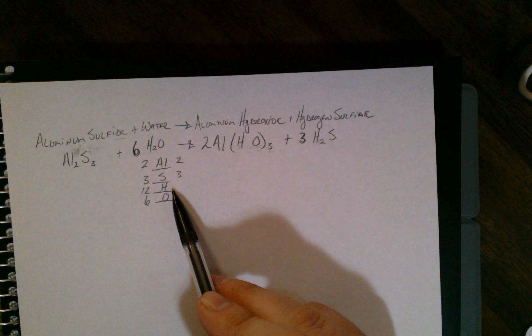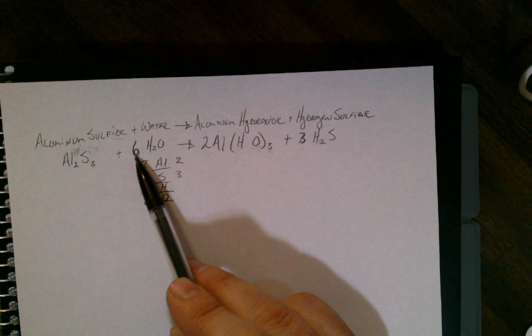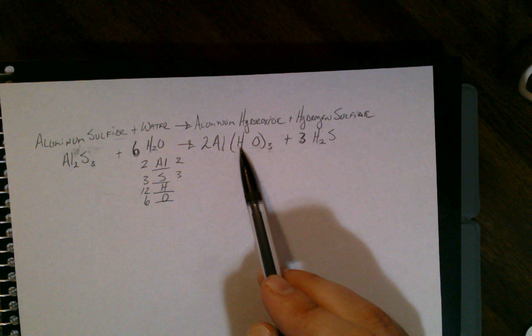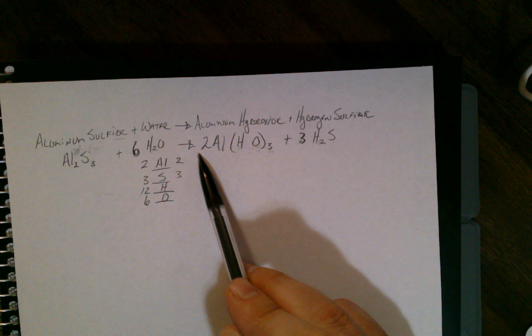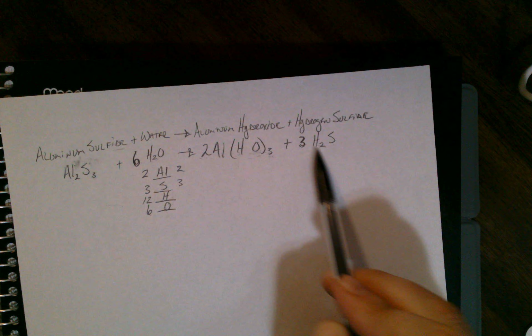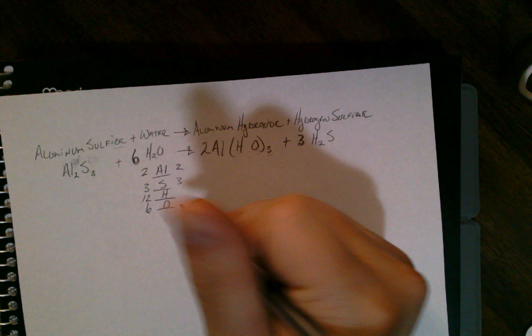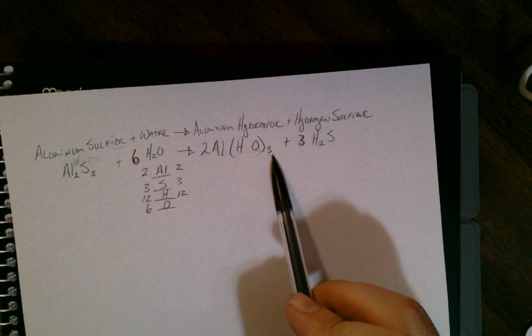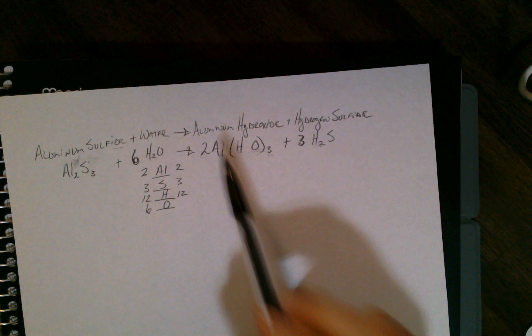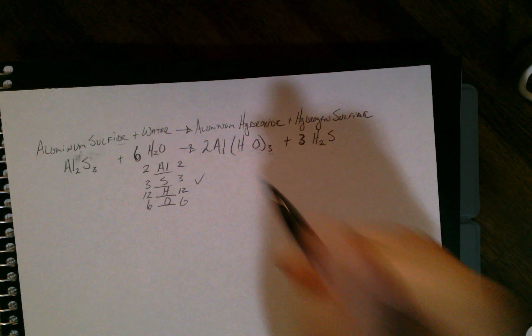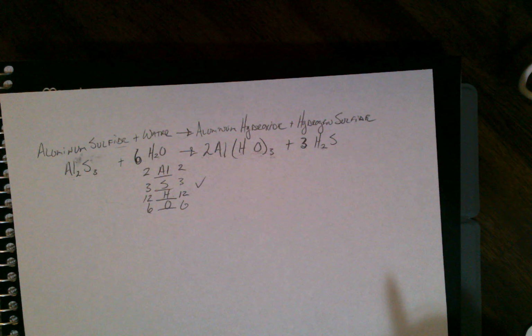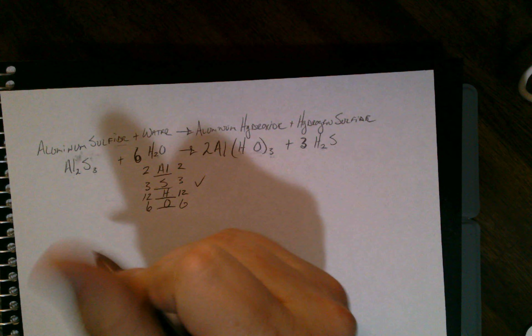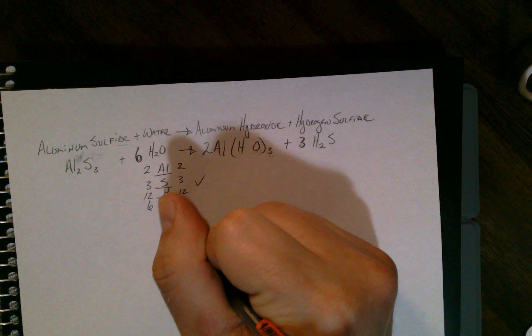That balances. Hydrogen, we know our hydrogen balances, but let's go ahead. 12 plus hydrogen times 3 times 2 is 6, plus 6 more hydrogen is going to give us 12. That's 12 hydrogen. Oxygen, we've got 3 oxygen here times 2 is going to be 6. Looks like that checks out, so that's all good. So now we've got our balanced equation, and that equation is